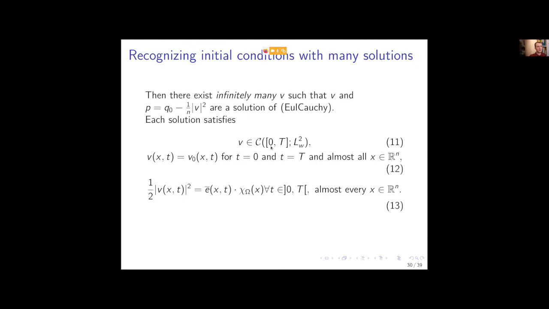So that's the very interesting part. And there are infinitely many solutions like this. And you can give me any function E bar, and I can give you a solution that satisfies this. So this is in some sense more general than the previous theorem, right? Because in the previous theorem, we just had inside the absolute value of V is always equal to 1. But now we know, well, we can also have it do whatever we want, right?